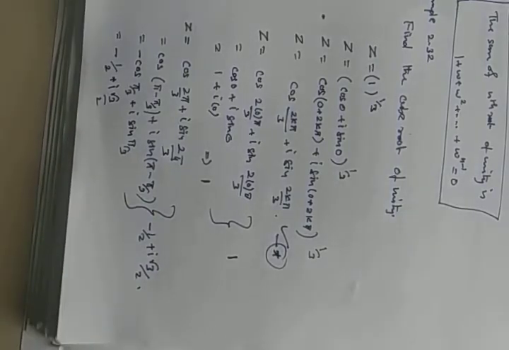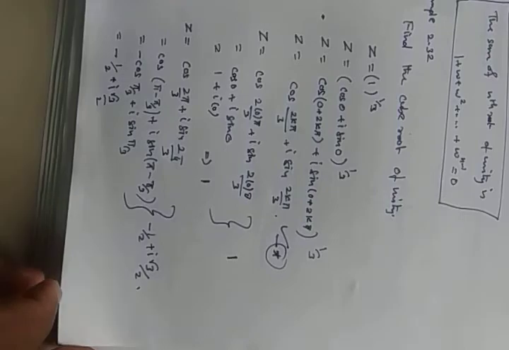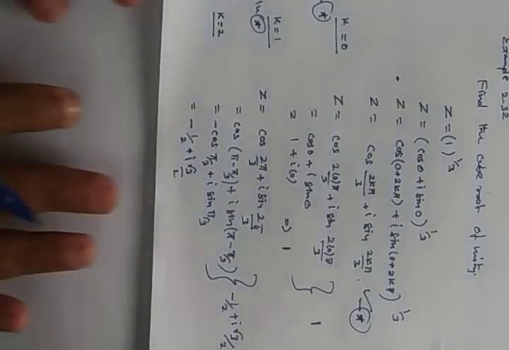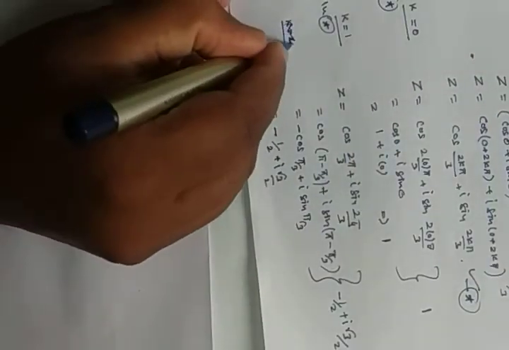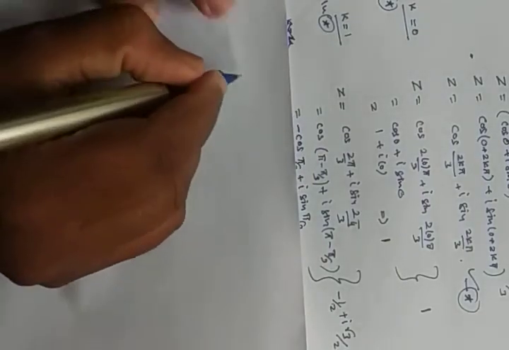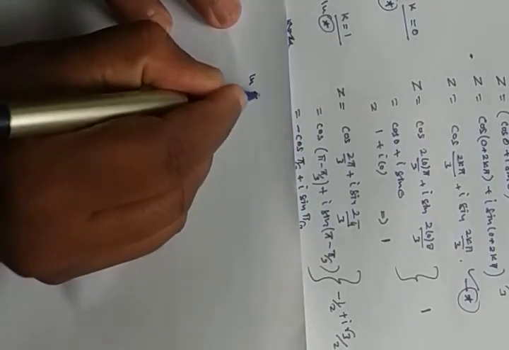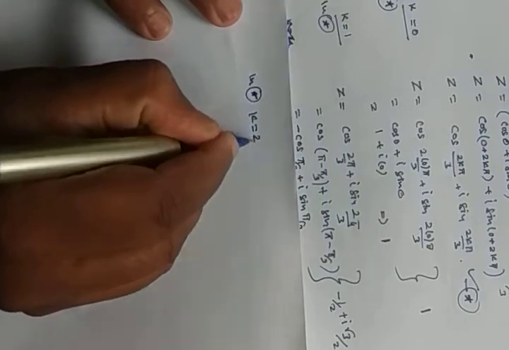Is it clear? So this is the thing we are getting. Okay, next we need to substitute. I am taking a sheet here. So next value we are going to put here: k equal to 2. Since space is not there, I am erasing. So in the star equation, what I will put, k equals 2, if I substitute.